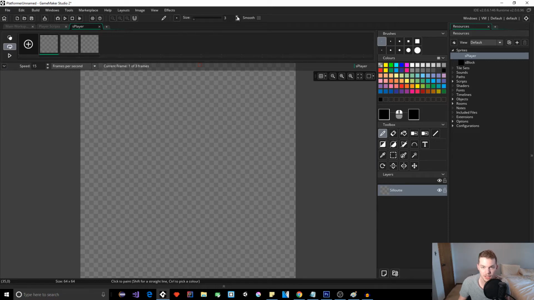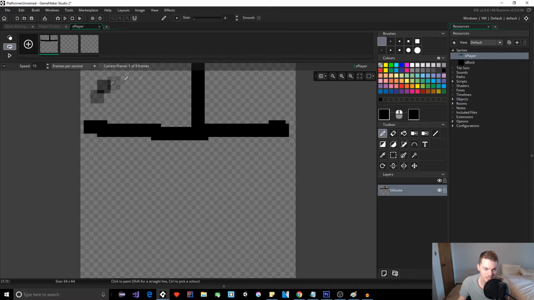Or we increase it by 3 up to 4. So we increase our brush size up here at the top. Make sure you're on pencil, and then it'll give us a 4 by 4 stamp basically. And now if you were to take this side by side vertically, it would give us 16